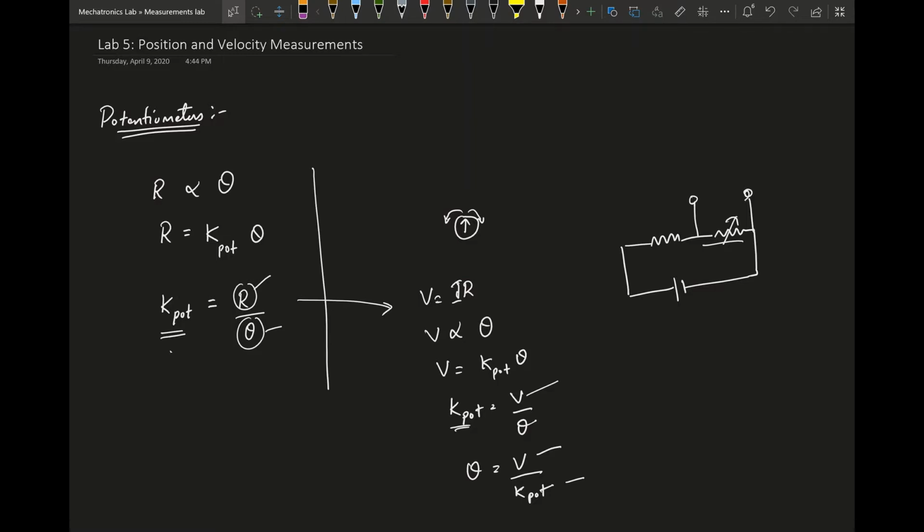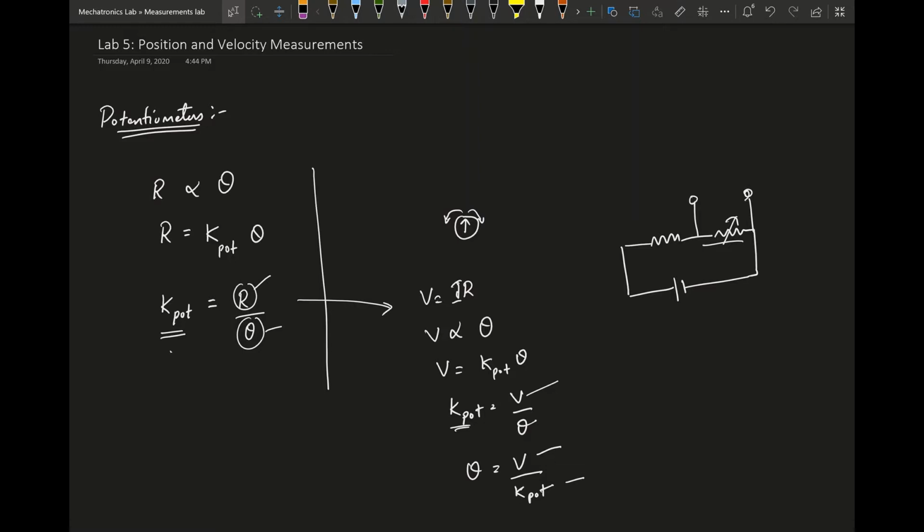And for today's class, we'll be talking about position and velocity measurements. So, how to use sensors to measure position and velocity. And we'll be starting with something you already know. Those are potentiometers. And we know that potentiometers are passive electronic components